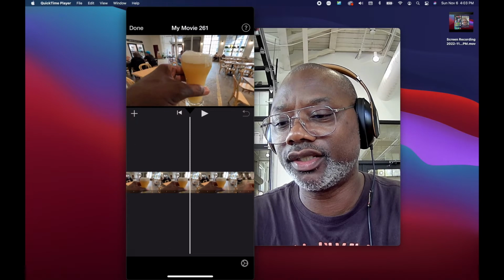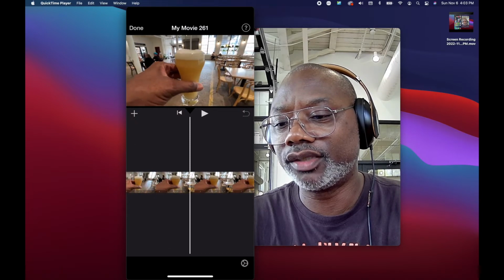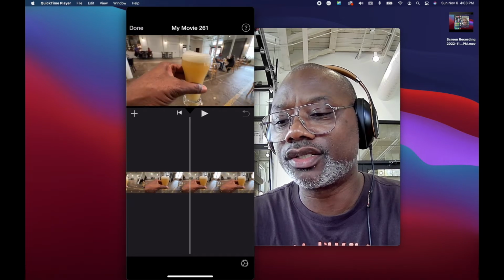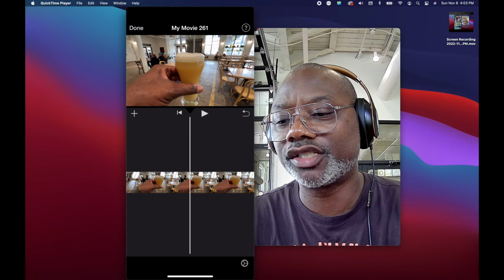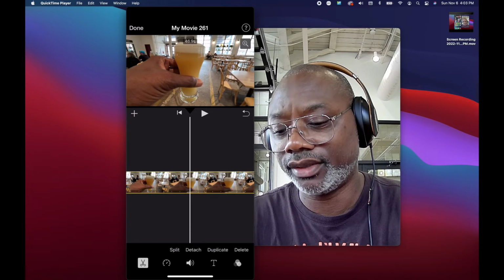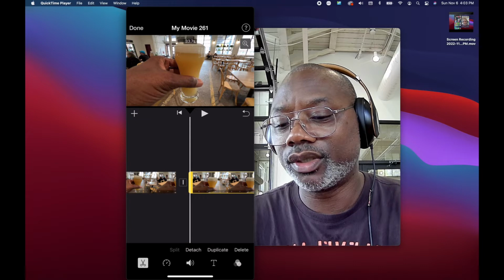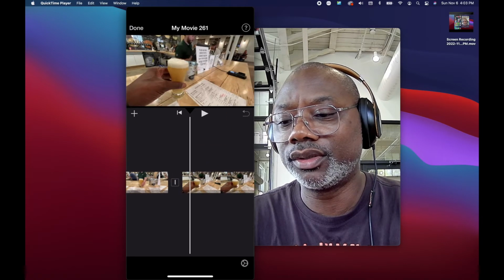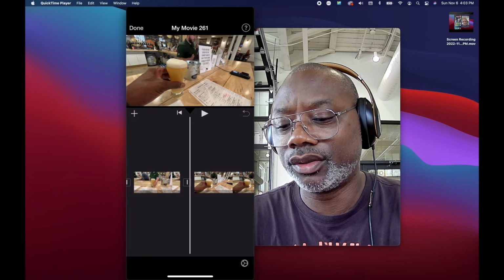Just enough to get, see I got a little shadow there, so I'm just going to get enough just to get me picking it up and turning with it before my shadow interrupts the shot. Right there. So we'll cut that. We'll get rid of this content. And then we will go,